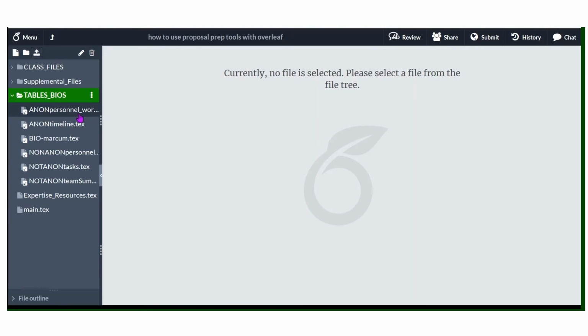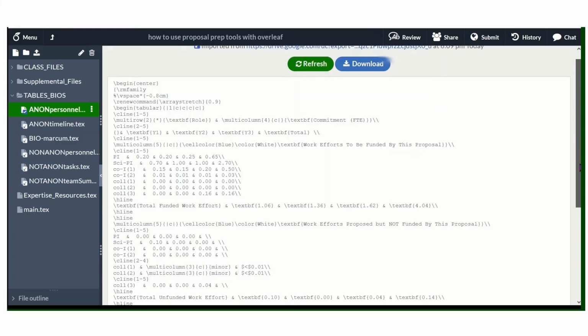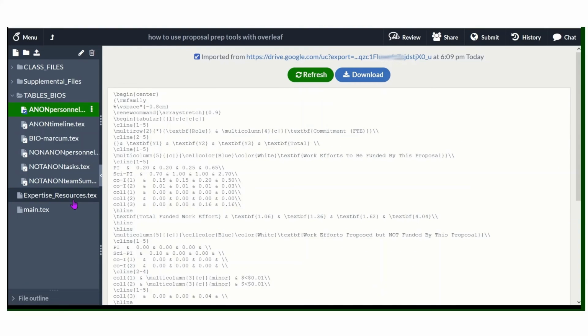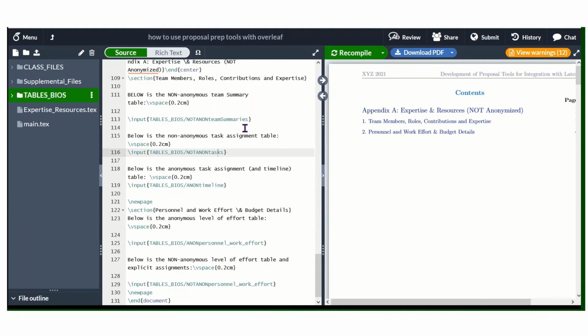And you can see that this file now got created in our menu. And if you click on that file, you'll be able to easily preview it to make sure that there's nothing obviously wrong with it. To show how these tables from the proposal work plan tool get generated in LaTeX,